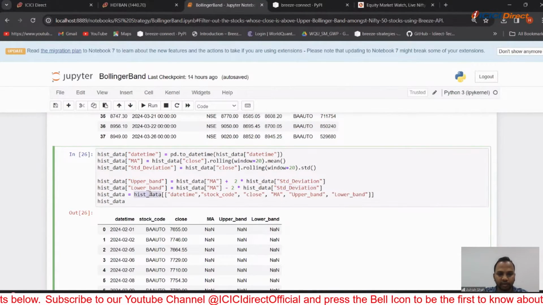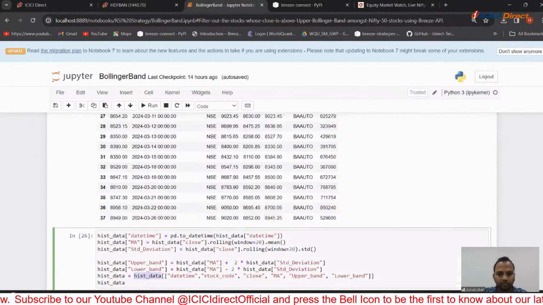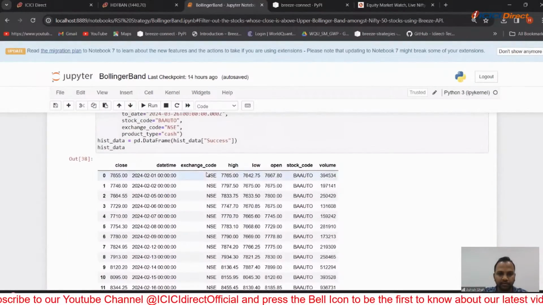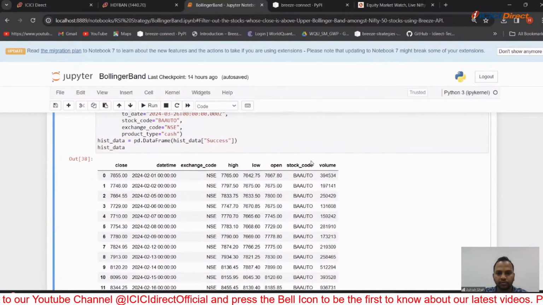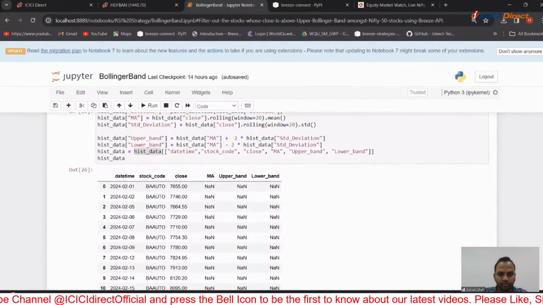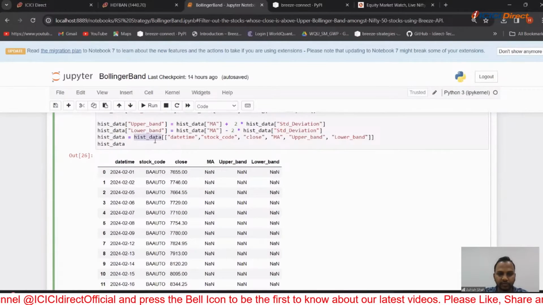If you see in the above data frame, there are many things, like exchange code, high, low, open, stock code, volume. There are many, but I require only some of them. If you want only some columns according to your need, the code for that is this one: date time, stock code, close, moving average, upper band, and lower band. I'm going to include only these columns to calculate the moving average and all that. So historical data, if I run this one,